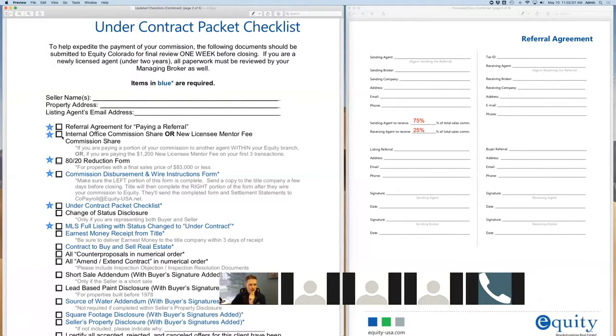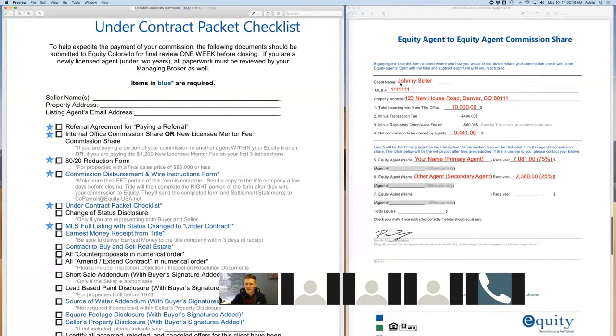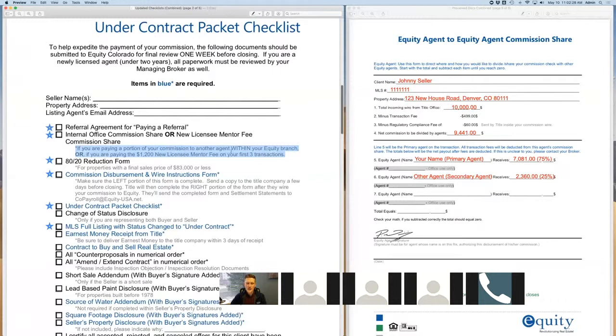The next one on the list, the internal office commission share or new licensee mentor fee commission share. So I will show you this document. This one's important. So the note down here, if you are paying a portion of your commission to another agent within your Equity branch, or if you are paying the $1,200 new licensee mentor fee on your first 3 transactions. So again, to give you some more explanations there,